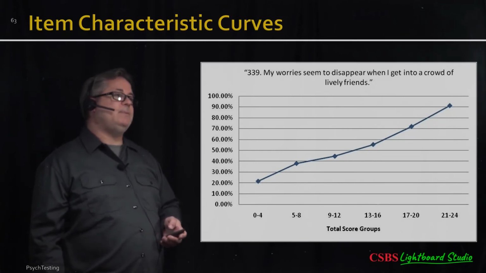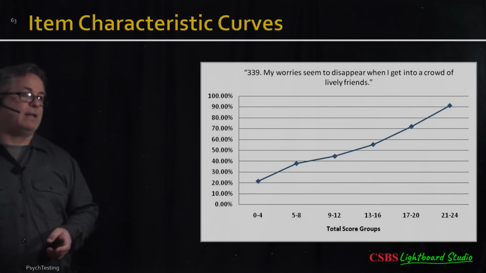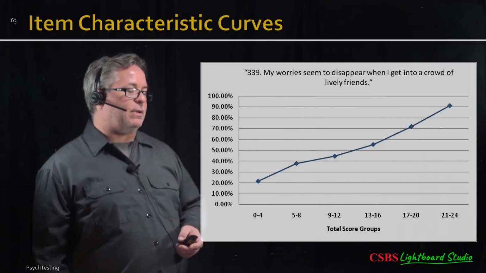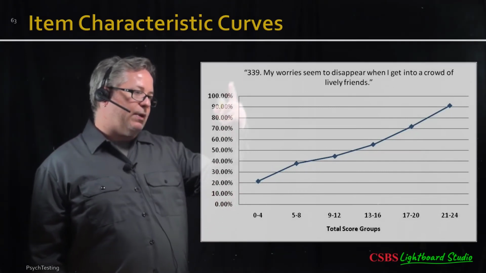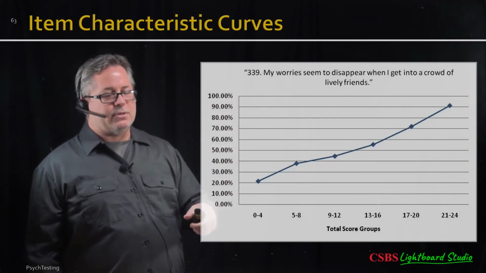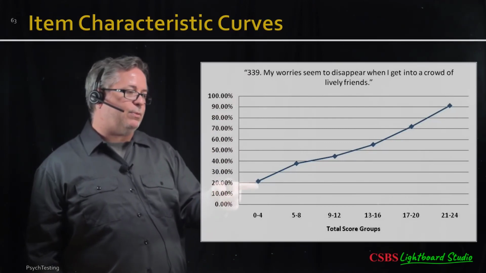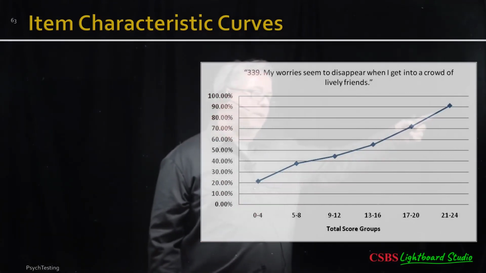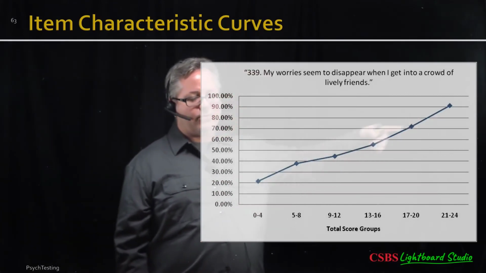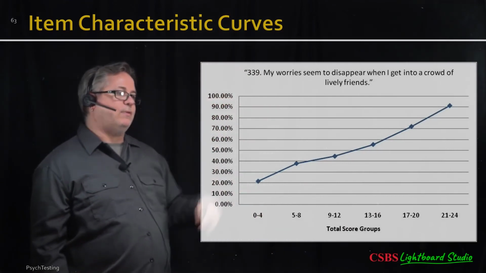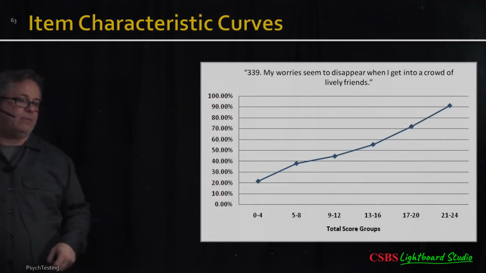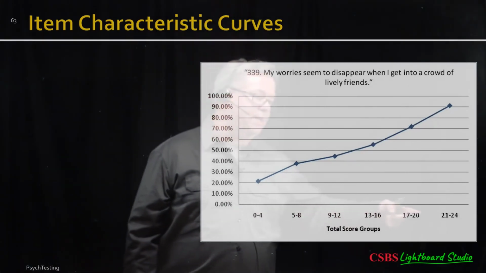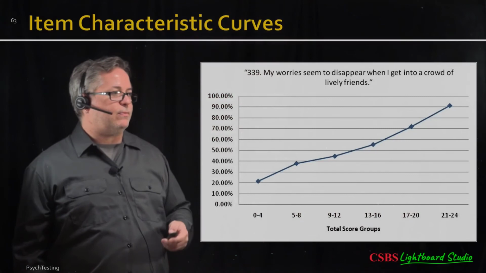So my worries seem to disappear when I get into a crowd of lively friends. Again, I always wonder who the hell wrote this stuff, but saying no would be endorsing it towards social anxiety. So even people low in social anxiety, it's a fairly crappy discriminating item. It's just sort of a flat, almost straight line, very slow increase. Doesn't really tell you a lot about discriminating against people. You have to go quite a ways away before you can tell the difference between people of different levels of